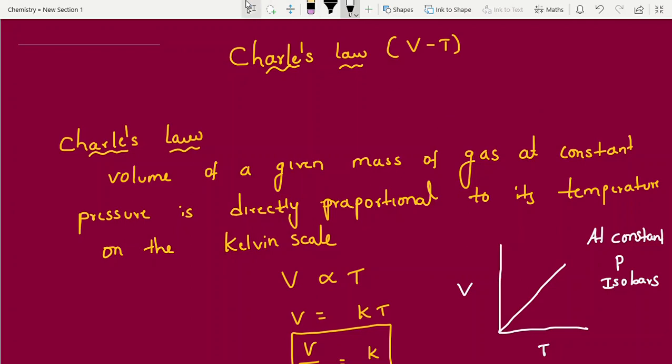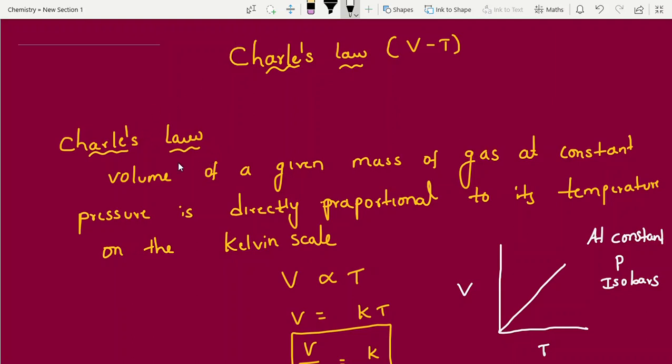Students, in this video I am going to discuss Charles law in states of matter. In the previous video, I explained Boyle's law related graphs, and some important numericals. In this video, I am going to explain Charles law. We have two definitions of Charles law, students. Two definitions I am going to explain clearly. First, let's begin with Charles law.